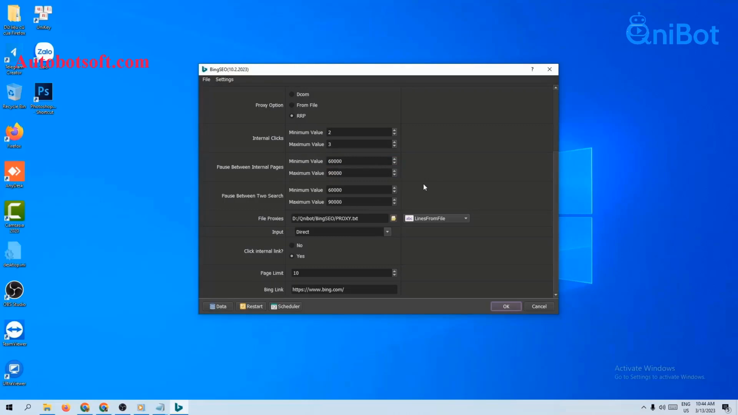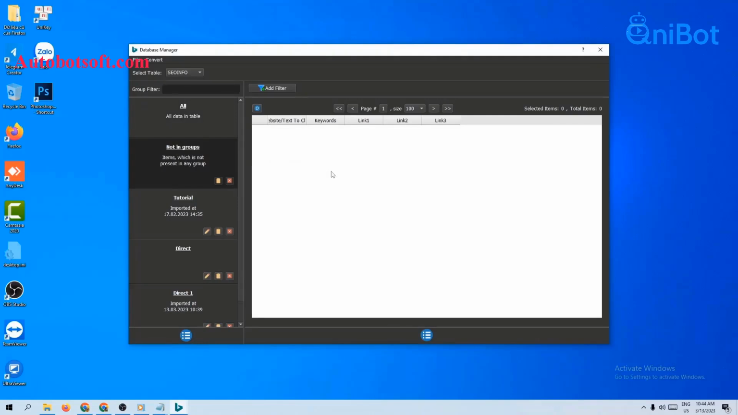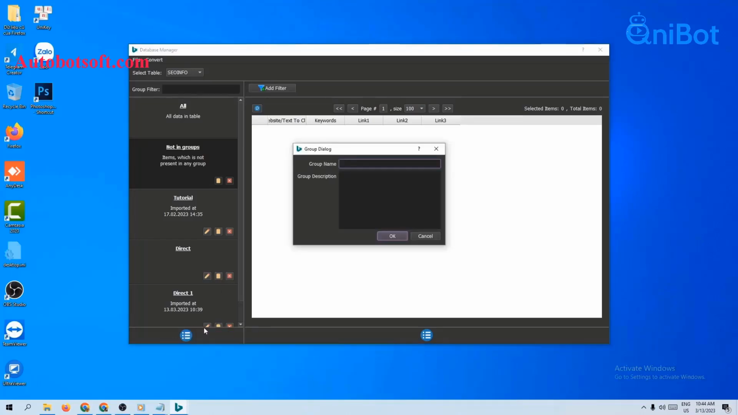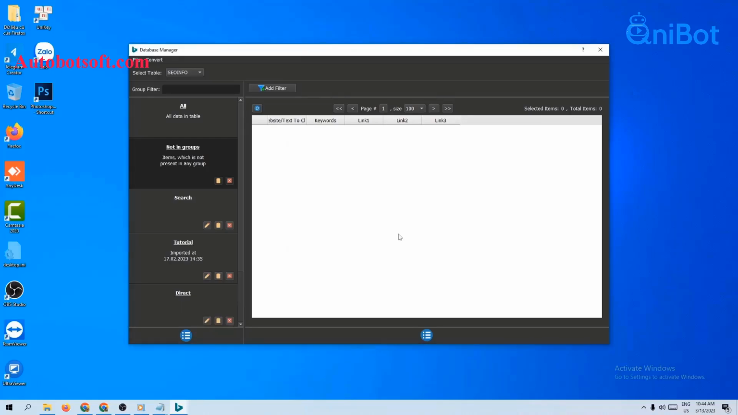Then you need to import the search data here. Click on data, you will see the database manager dialog box. There are 2 ways for you to import search data. The first way is you import them manually. You click on this icon, select add group, then enter the group name here. Then click OK. Next, you select